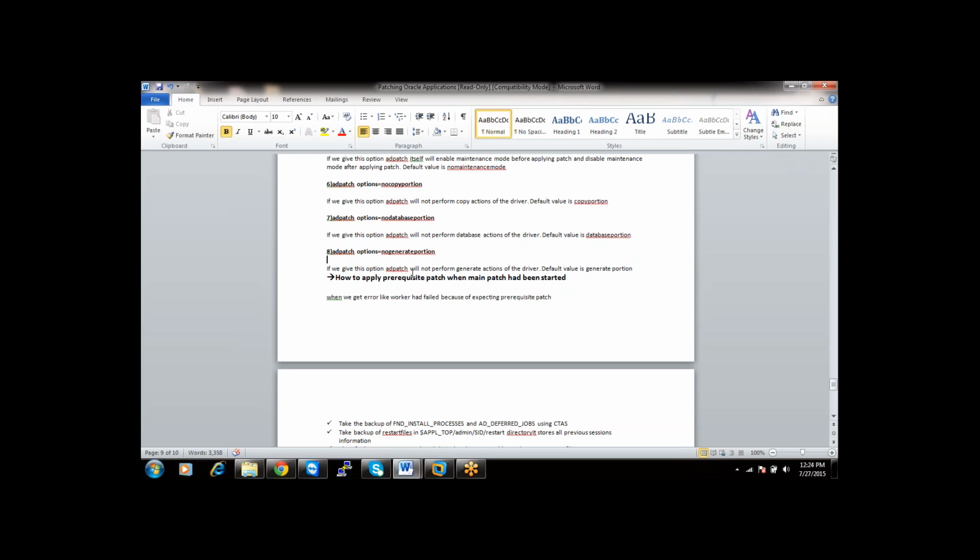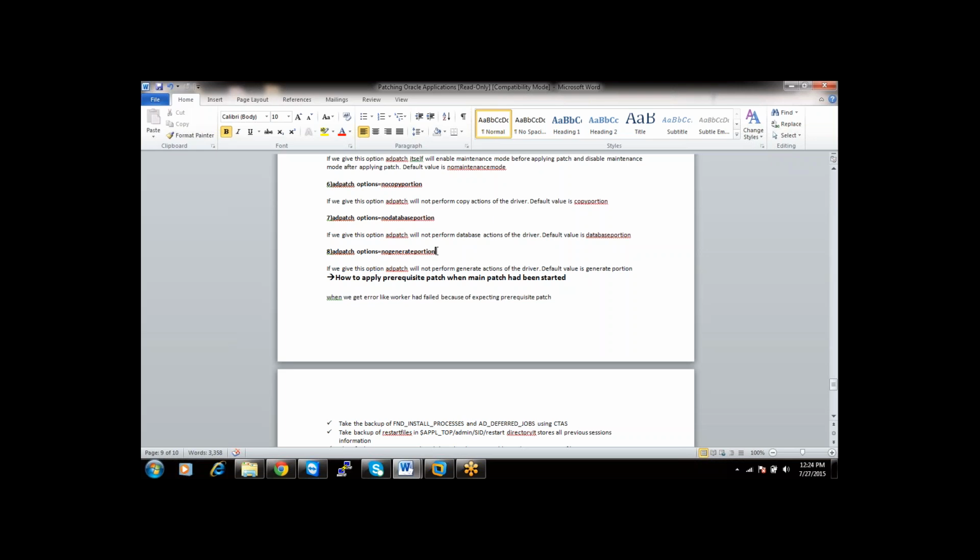Most of the people will follow this kind of architecture. At the external level you will maintain one application, and at the internal level you will maintain one application. So understand this scenario: there are three application nodes for internal, and three application nodes for external. You can configure a shared APPL_TOP for these three internal nodes, and a shared APPL_TOP for these three external nodes. But you cannot configure a shared APPL_TOP for external and internal, because the external applications are beyond your LAN, beyond your network. They are not inside the network.